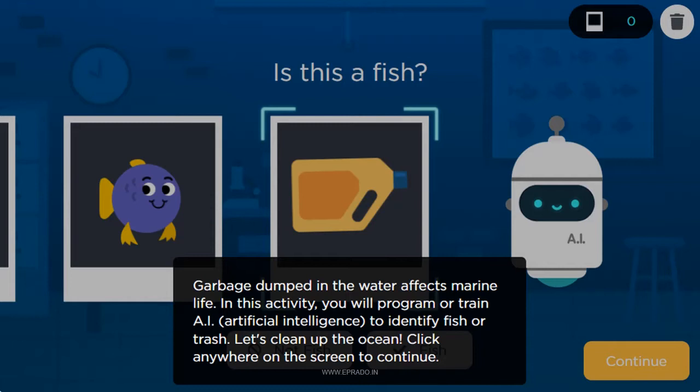In order to add intelligence to machines, we need to provide them a lot of data so that they will compare the data we provide and make a decision in the future.